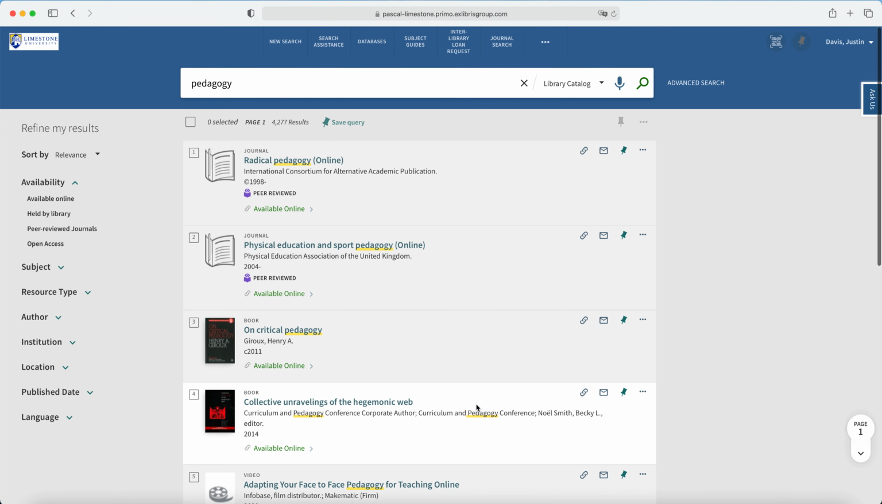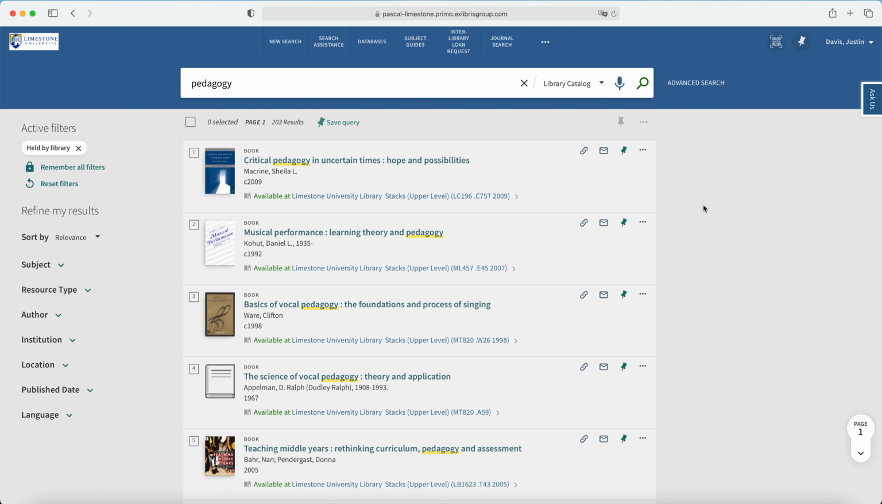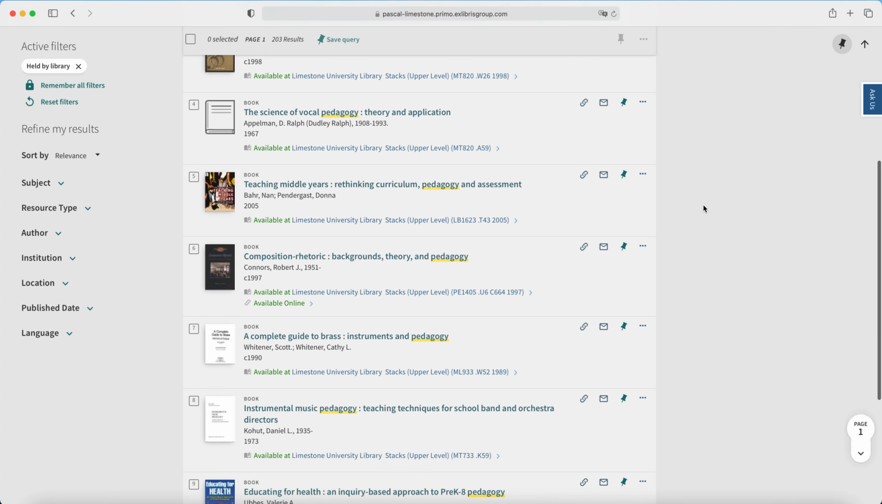If you want to limit yourself down to only print books on the shelf in the library, you need to do one extra step. Notice on the left side under Availability, there is a limiter that says Held by Library. Click that, and all of the books that you see will now be books that are held on the shelf